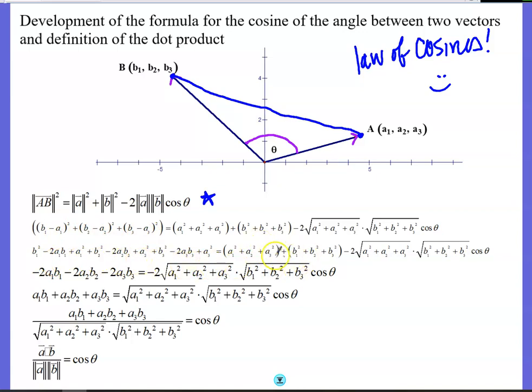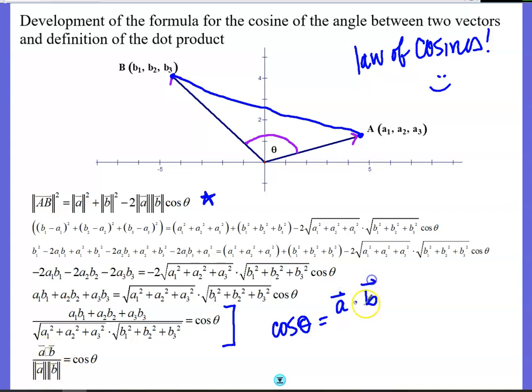And then over here, I've got some values. I brought those across, which actually canceled some of my stuff out and left me with just this guy equal to that. Then, of course, I'm going to divide everybody by the -2, which gets me down to something even a little bit nicer. And then my last step, if I wanted to get the angle, would be to divide by this coefficient here. And so I'm at this point. Notice, guys, I was able to get this relationship all the way down to this. And then this relationship can also now be written as A dot B over,